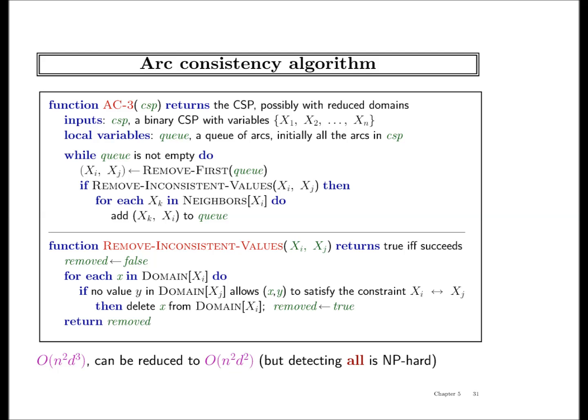Search by itself was exponential. Inference, if you're doing inference over K, is exponential in K. You can do inference in N, that's still exponential. So that is the point that I was trying to make earlier. You can take some complexity of search and put it in inference. You can take all complexity of search and put it in inference. What AI cares for is finding this balance point where you are doing some search and some inference, finding this middle point.